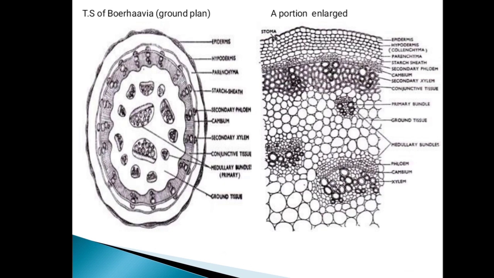Which I have explained to you in a simple way. In a young stem ground plan, you can see that there is epidermis, hypodermis, followed by parenchyma, that is the cortex. Followed by that there is a ring of vascular bundles, that is the third ring, and in the center there are the inner ring and the middle ring. Likewise this is the young stem. And now what will happen here? As I have told you, the cambial activity can be seen only in the third ring.